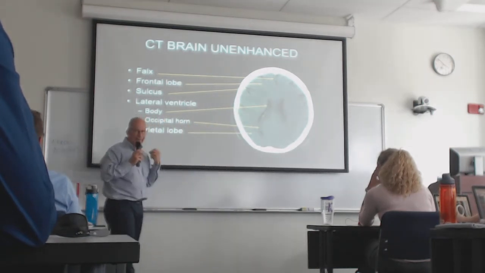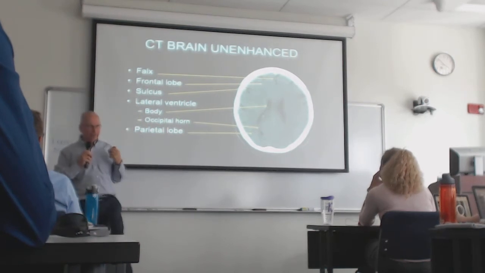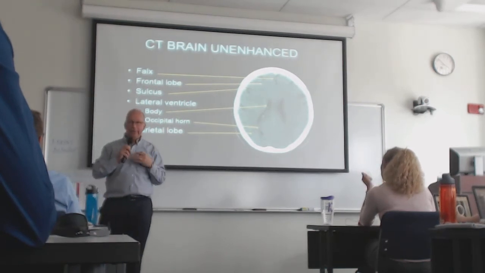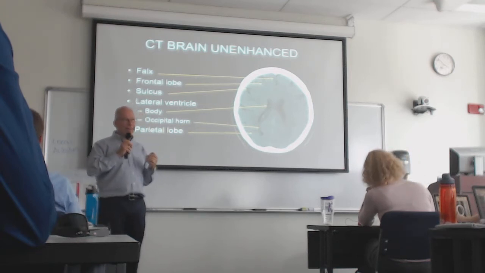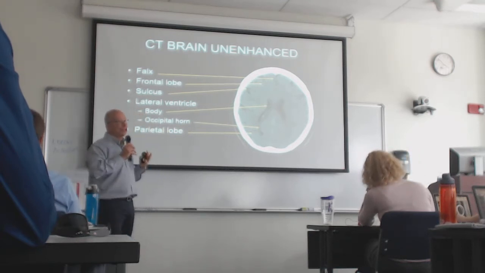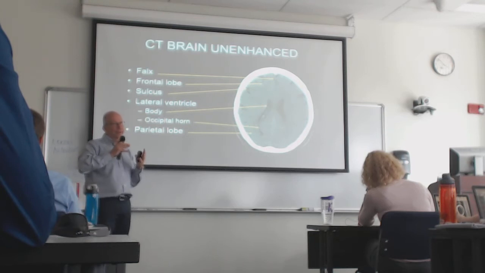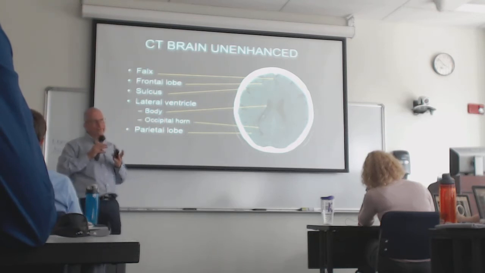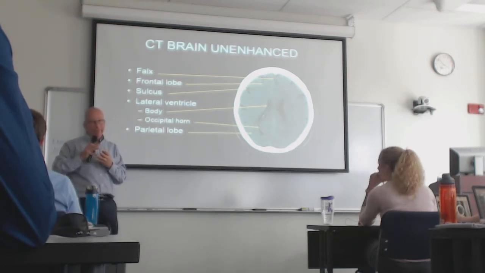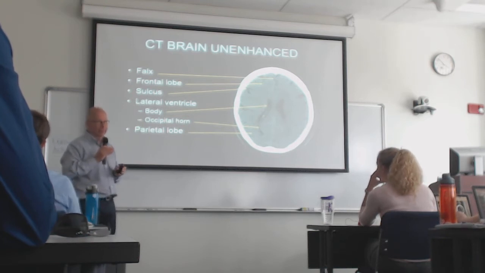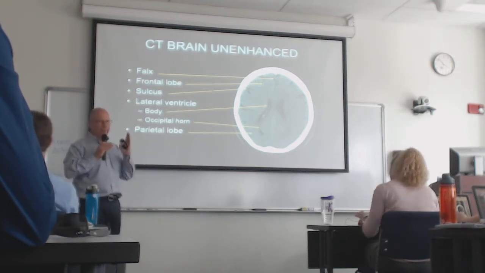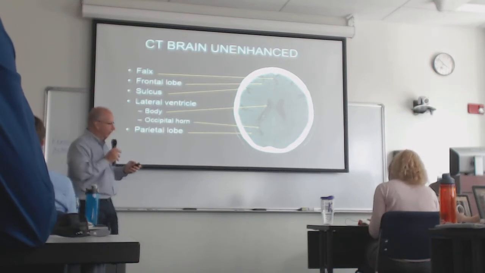Brain is the brain case, the skull. It's a closed space. There's nowhere for anything to go. So if there's a mass, it's going to push something away. You're going to see it. You may not necessarily see the mass. You're going to see the effect of the mass, and that's something that you've got to look for. That's why symmetry is so crucial in brain CTs. You always want to make sure that things look the same on one side and the other.